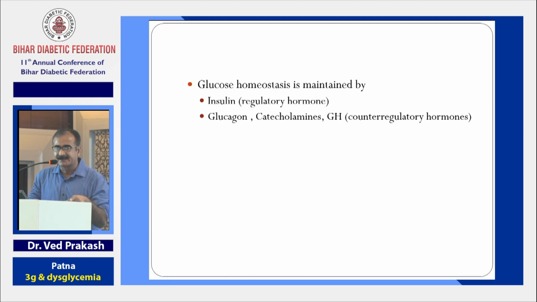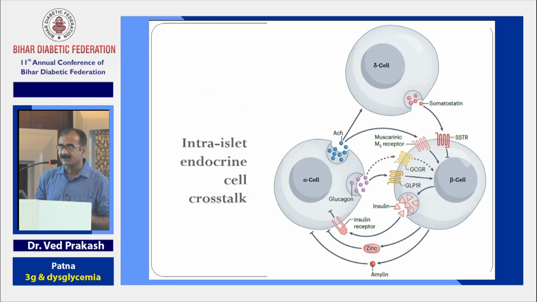And besides these 3G, one important hormone which plays a very important role in glucose homeostasis is the catecholamines. So we all know that insulin and glucagon are synthesized from the pancreas. Alpha cells secrete glucagon, beta cells secrete insulin, and delta cells secrete somatostatin. And these three hormones actually interact with one another at the paracrine level,